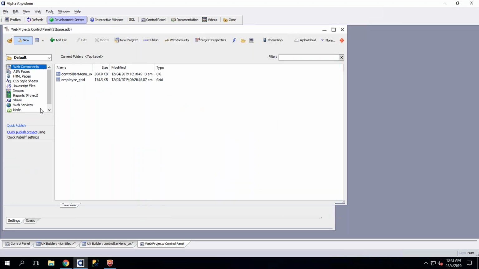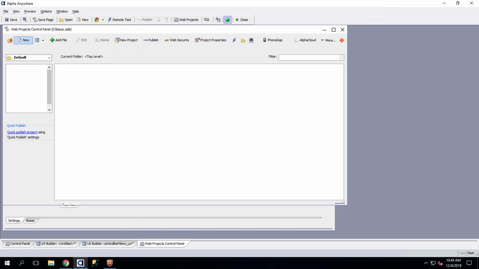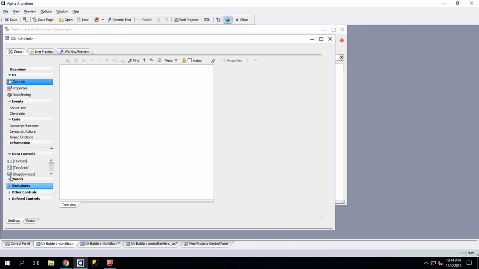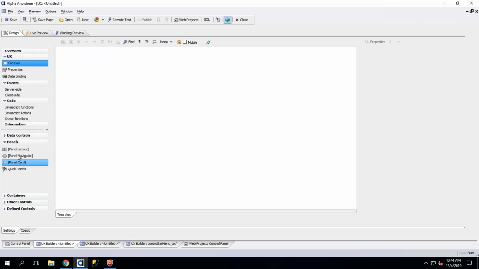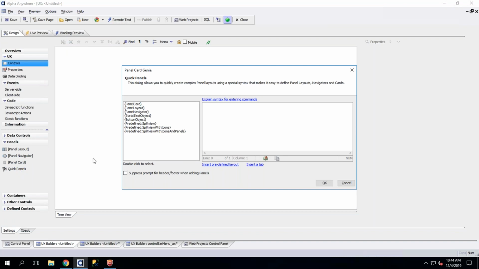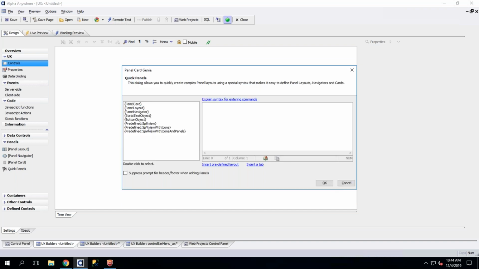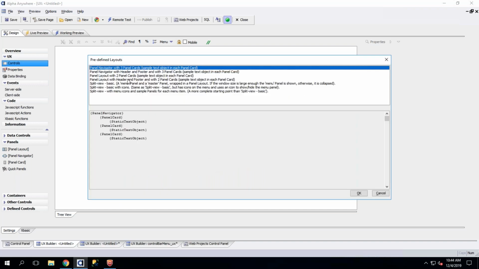I'll just use a blank one. And just to demonstrate this, I'll use a panel navigator. So I'm going to go here to the controls, go down here to the panel, and let me go ahead and open this up a little bit. I could go ahead and lay it out, you know, put a navigator and some cards in there, but we have this capability called quick panels where I can click there, and there's pre-made ones, or I can insert a defined one. So for instance, again, so I don't go too quick, I'm going to click Insert Predefined Layout,